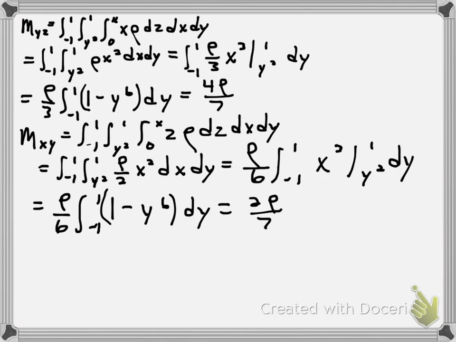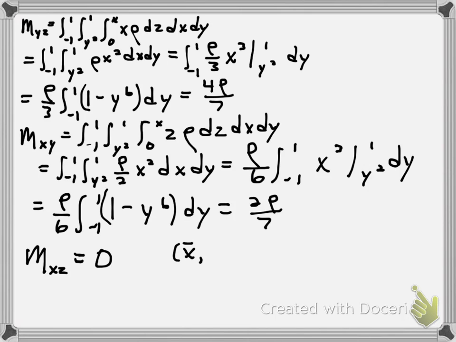The computation of the moment about the xz plane, it turns out that it's going to equal 0. Now we can do that by computing a triple integral of y times rho, but from symmetry it turns out that this moment is going to be 0. And so our center of mass,